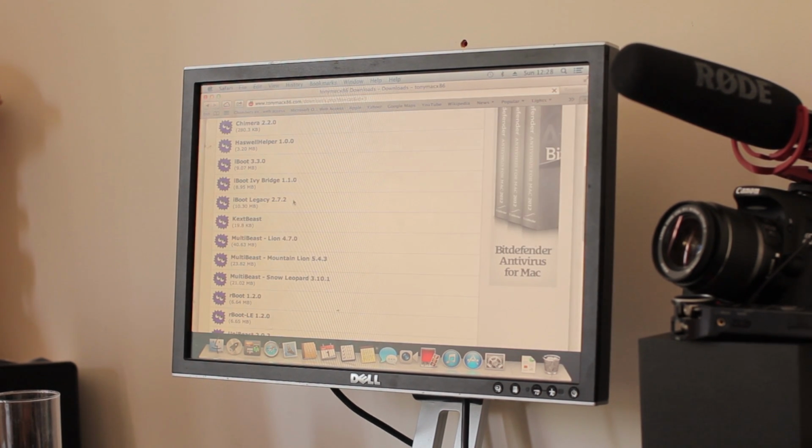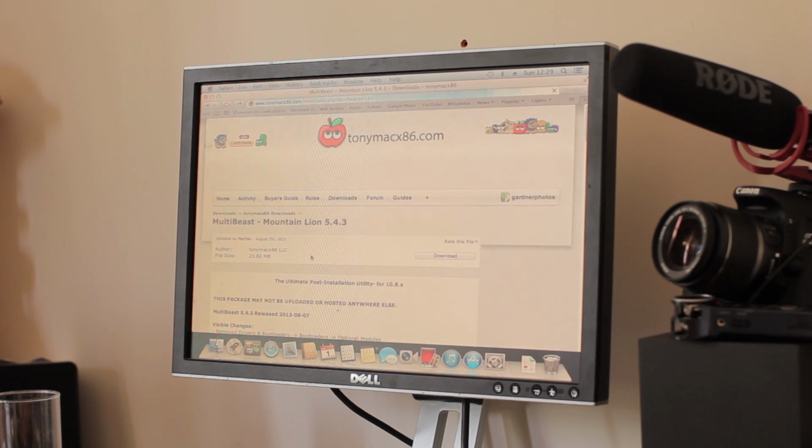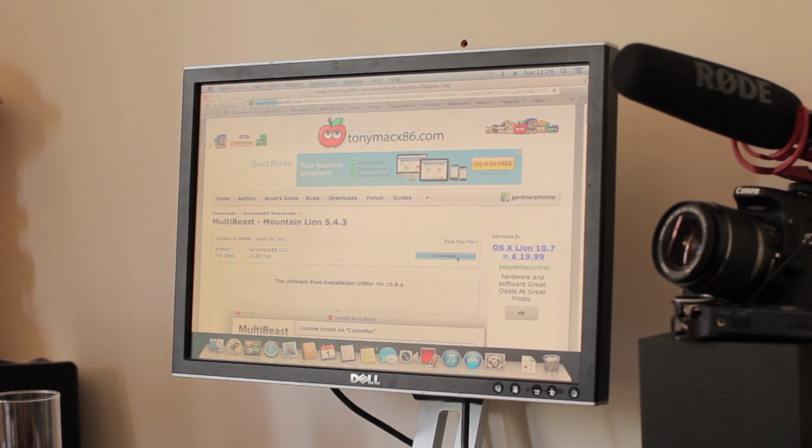And from this downloads section, you want to select Multibeast Mountain Lion 5.4.3, which is the most recent edition. Just click on that and then click download. This will take several minutes, but